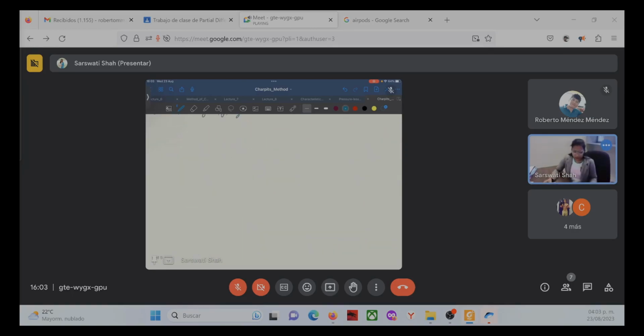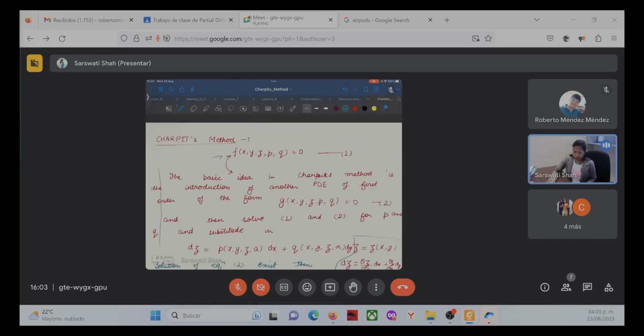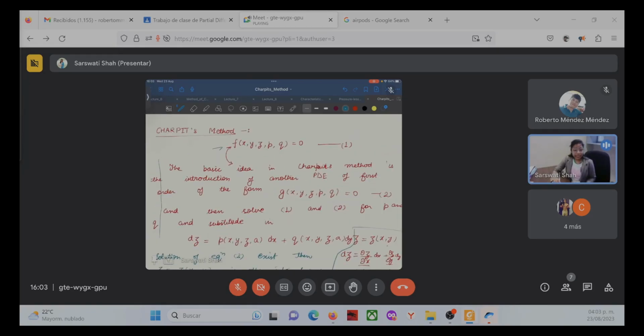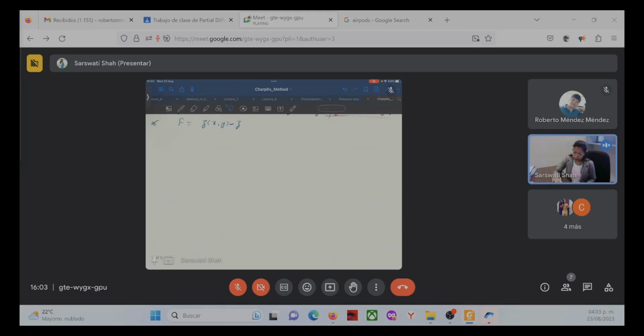So now, what idea are we using? For every PDE there is a compatible PDE, and this will be compatible if it satisfies this equation. Now, if we expand this equation, on expansion, we have